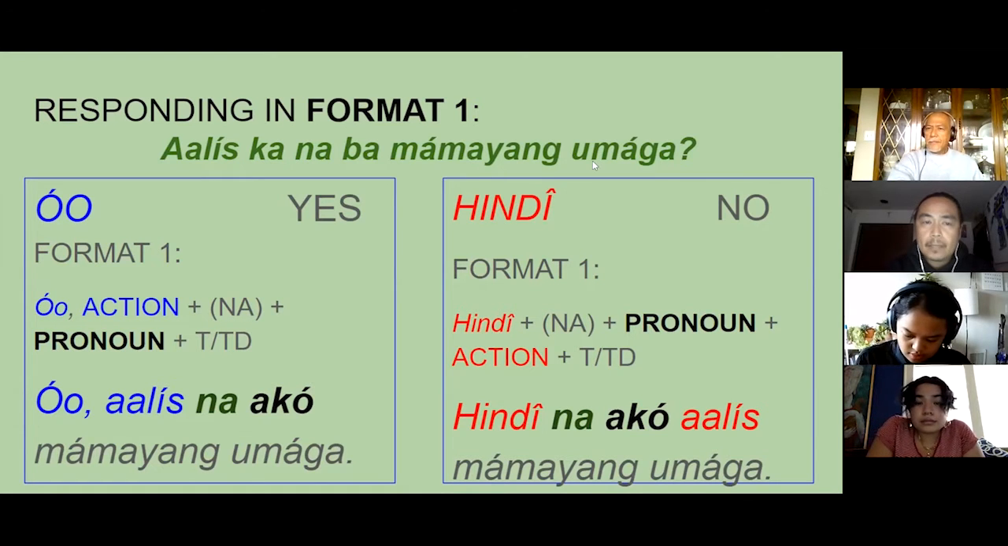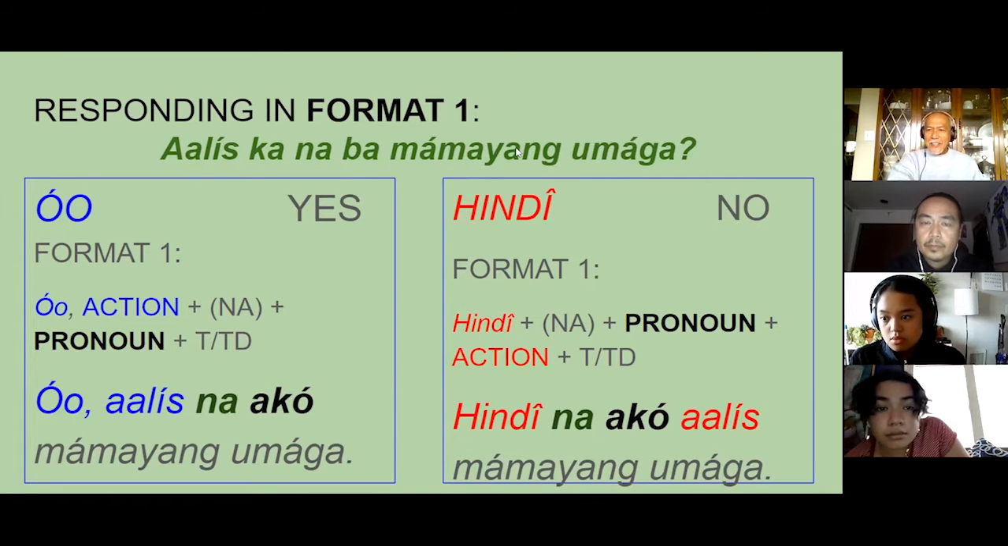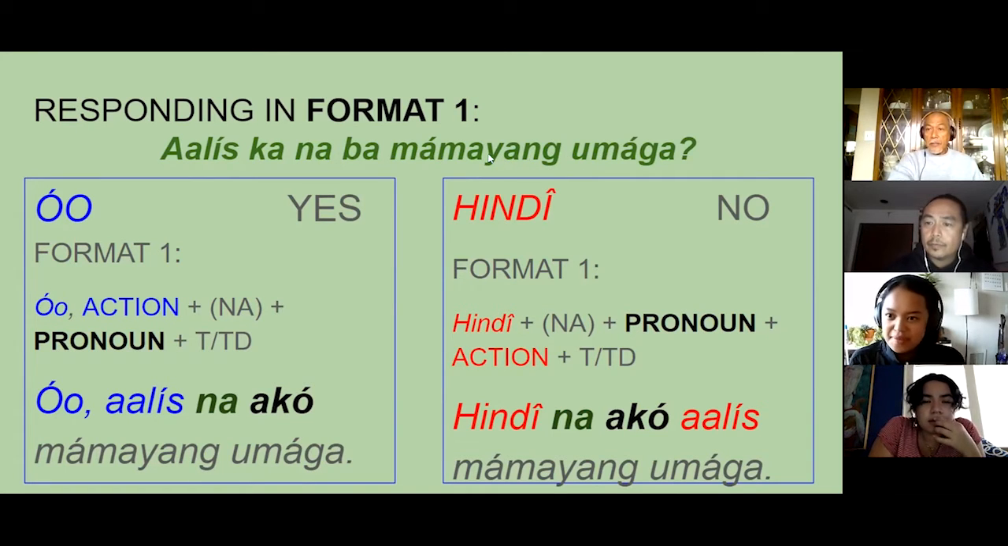So you guys, anybody remembers what this is in English? Are you leaving now? No. Mamayang umaga. Later this morning. Yes, yes. Are you going to be leaving already later this morning? Mamayang umaga. So when we the format for yes